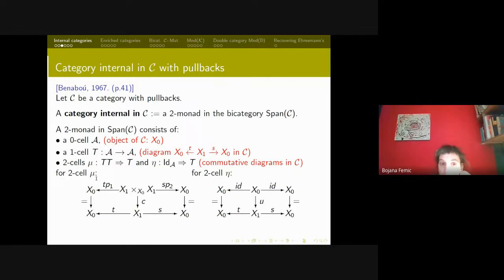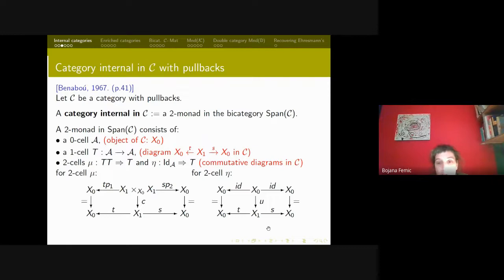Now the 2-cell mu is given by some morphism from that pullback into x1, and let us denote this morphism by c. And then we know that these two squares should commute. And for the 2-cell eta, it should start from the identity on A, but A was the object x0. So the span identity on x0 is given like this. We also commented on that. That's the domain for the 2-cell eta, and the codomain is T, or this span here below. So now eta is given by a morphism u that goes from x0 to x1, so that